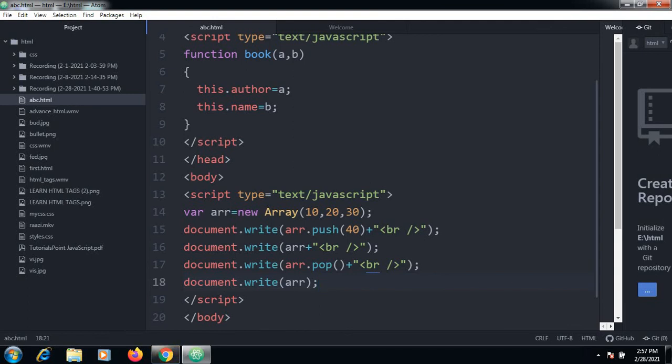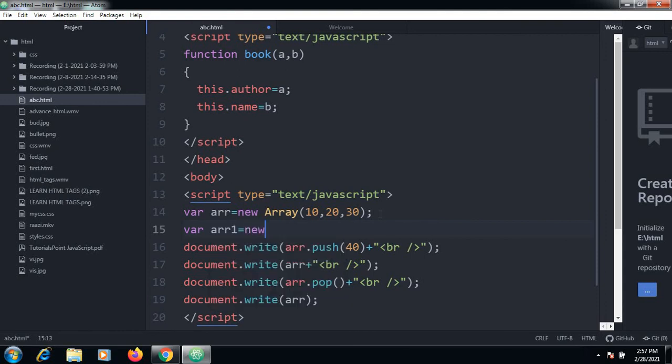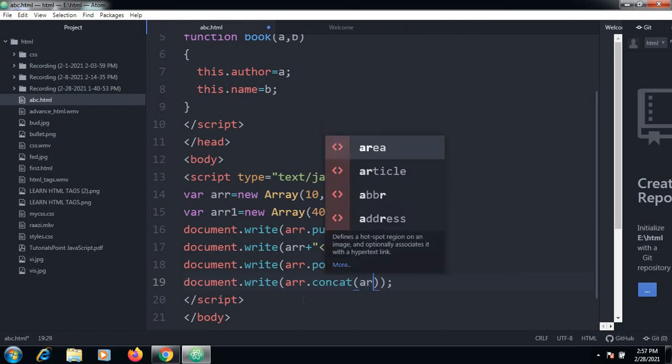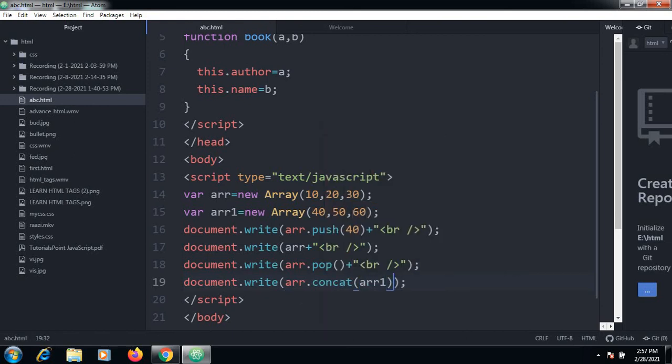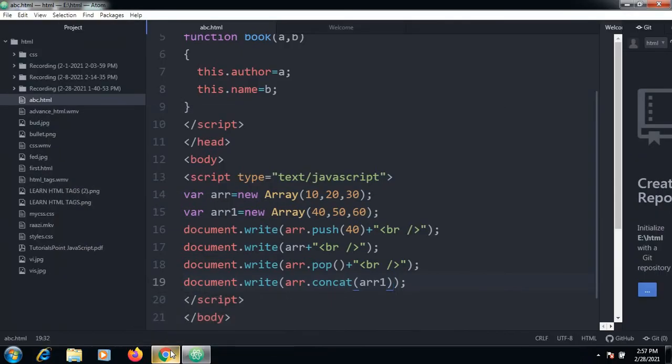You can also concatenate two different arrays. So this is how it is possible. We'll take one more array, new Array, with 40, 50 and 60. I will take two different arrays and try to join them. So array.concat, with the name of the array we want to join. I want to say this and see that the two arrays are combined together. So these are some of the functions I discussed on arrays.